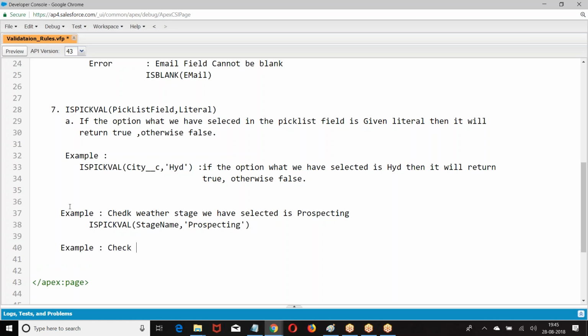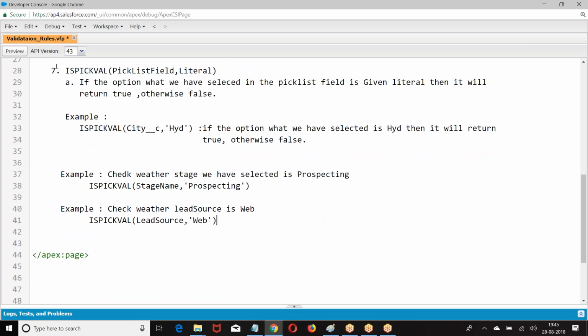Example, check the lead source. Lead source, how do you check? IsPickval. This is applying for only what? Pick list field. This is applied for only pick list field. IsPickval. I hope you're good.